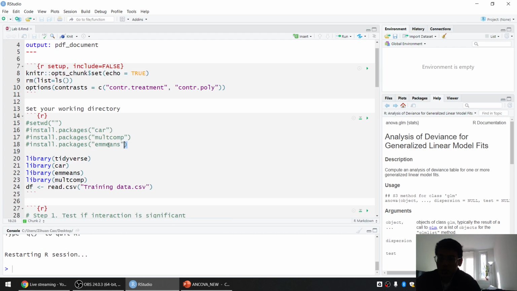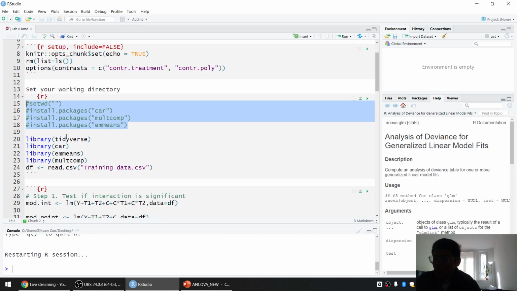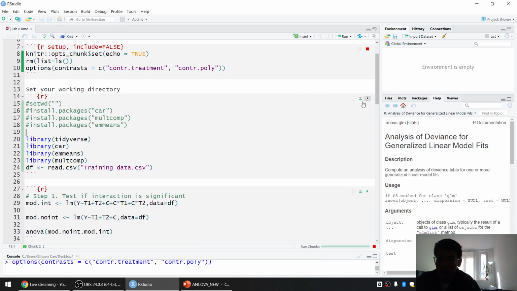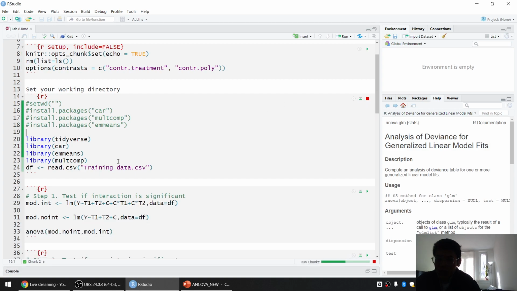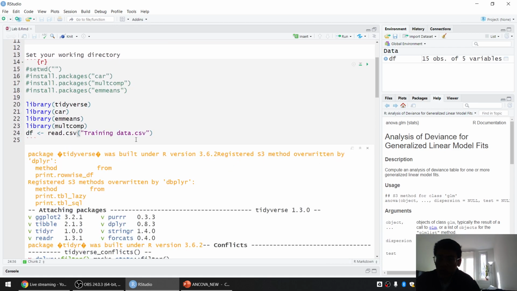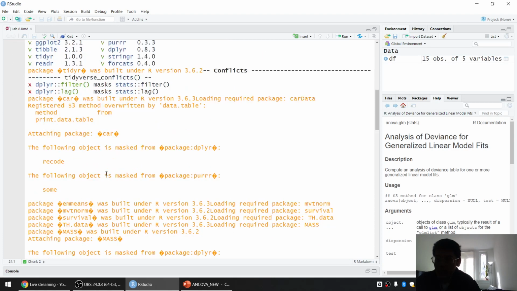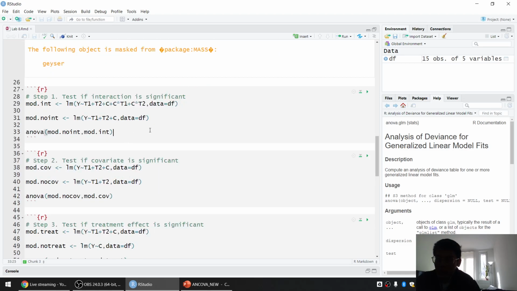First, you need to install some of the packages here, and then just call all the packages, and you can load our data set. For the first step, we need to test whether the interaction is significant. You can see here we specify the full model in this way. C times T1 and C times T2, those two are interaction terms, right? And in the reduced model,